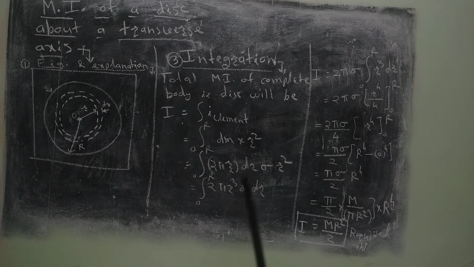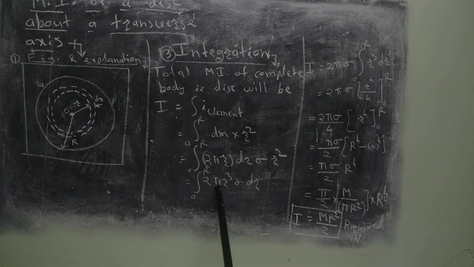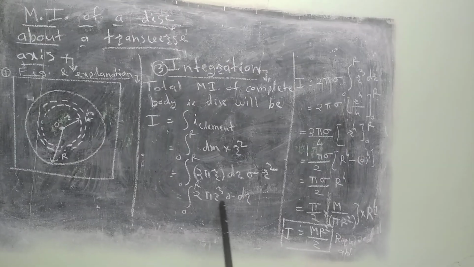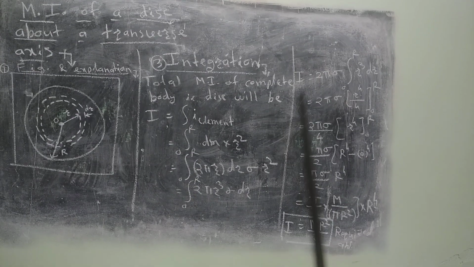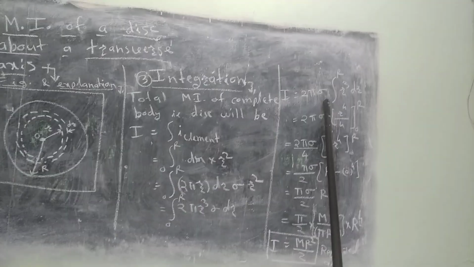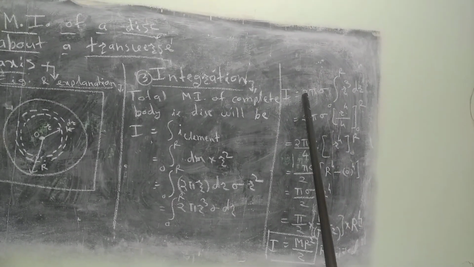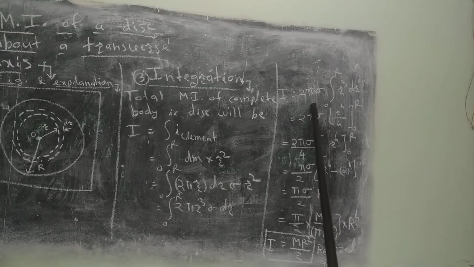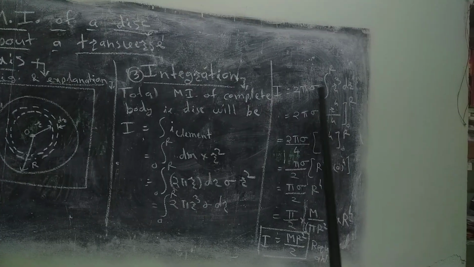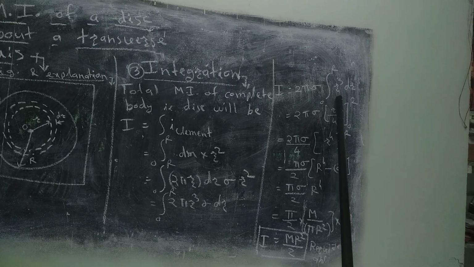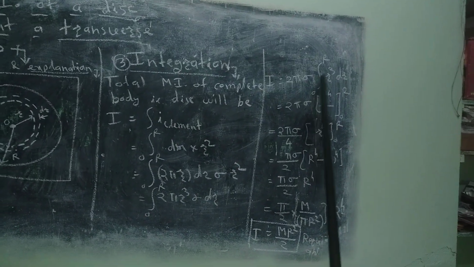What do you observe here? In this 2 pi sigma, 2 is a constant independent of radius, pi, 3.14, is also a constant. Density, mass per unit area, is also constant. So twice pi sigma is a constant independent of distance, so it is outside the integration symbol. By definition, by concept, just like limit and derivative, the constant term can be taken outside the derivative symbol, limit symbol and integration symbol. So what is remaining? The integral of r cube dr, lower limit 0 to capital R.